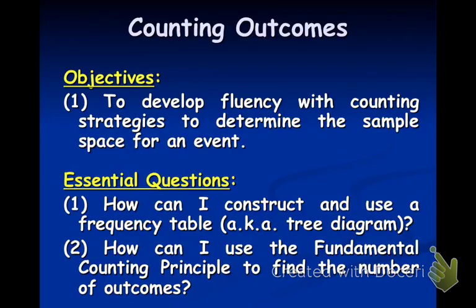So our objective is to develop fluency with counting strategies to determine the sample space of an event. So how many different choices do we have of something happening based on the conditions we are given? So the main question is, how can I construct and use a tree diagram? And how can I use the fundamental counting principle to find the number of outcomes? Number 2 we'll be doing tomorrow. Today we're going to focus on how to draw a tree diagram and count the different number